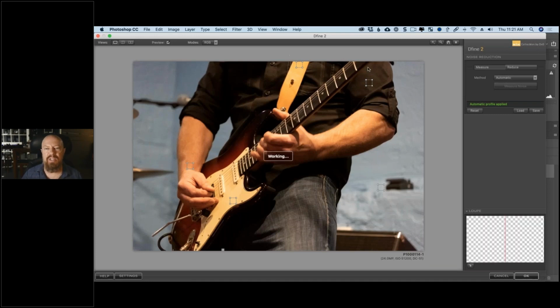And it has taken all of this information and evaluated the noise in these different areas and come up with a calculation for the best overall noise reduction. This is not individualized noise reduction, right? It is not applying a different level of noise reduction to the skin, to the background, to the shirt. That comes later, and that's a manual process. But it has come up with a calculation that it believes to be the most